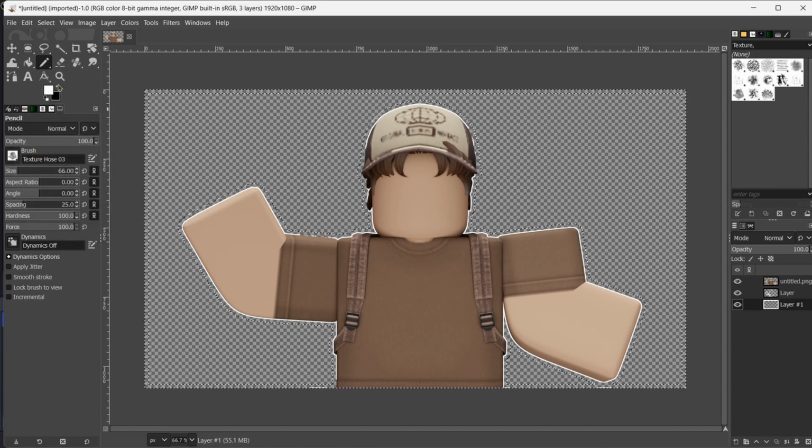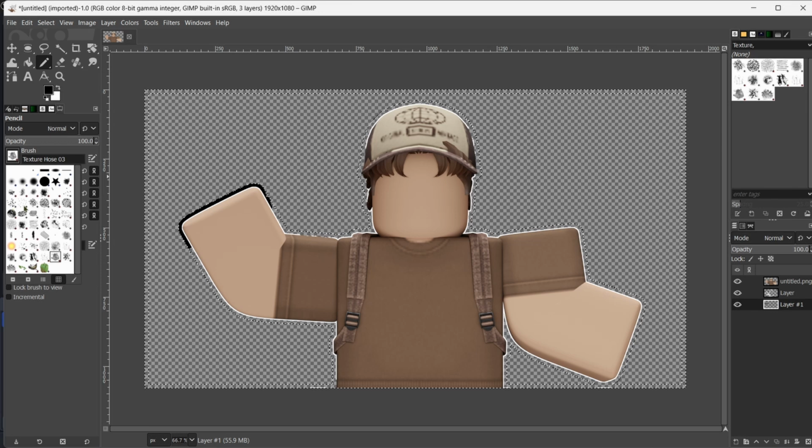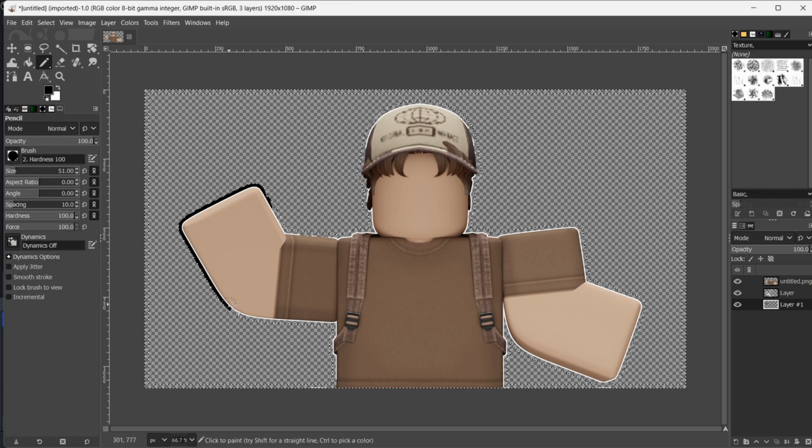There we go. Now you just want to change your white to black, and then we want to highlight it once again all the way around to make it easier. Let's just make our tool bigger. There we go. Just make sure you're covering all the edges. Now your shrink and grow will determine what size this is. So if you don't like the size I'm using,